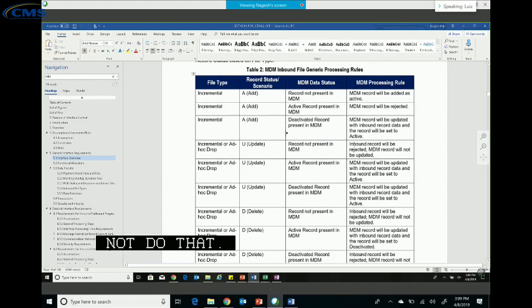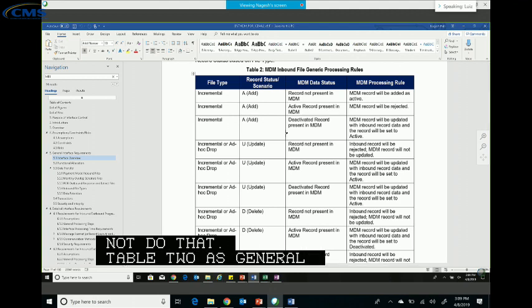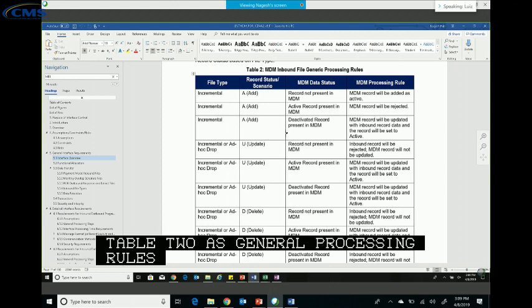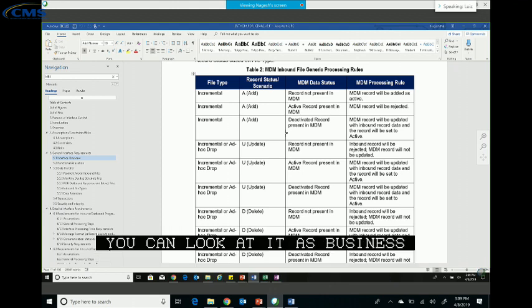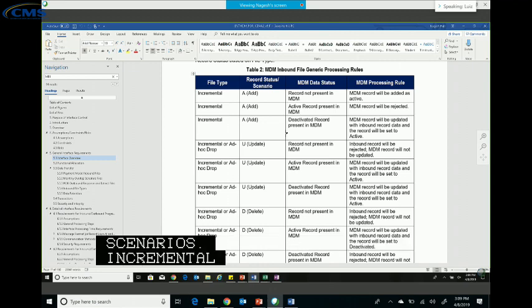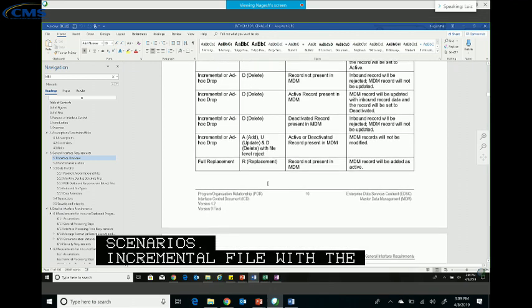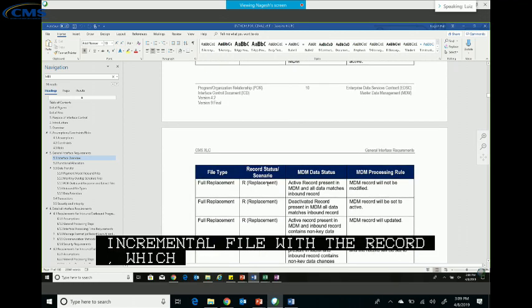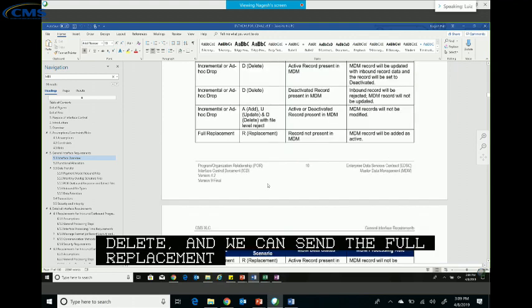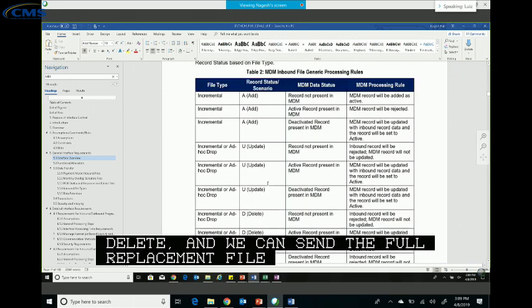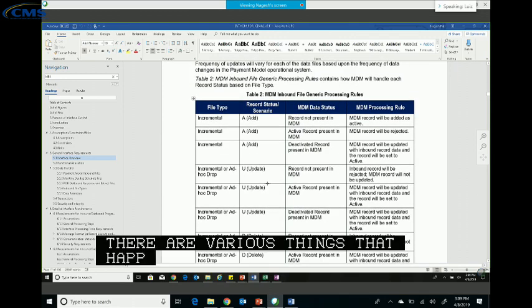Table 2 gives general processing rules. You can look at it as various business scenarios. When you send an incremental file with a record, which is add, update, or delete, and at the same time, if you send a full replacement file, the record type should be R. And there are various things that occur, and all these business scenarios revolve around whether or not that record is